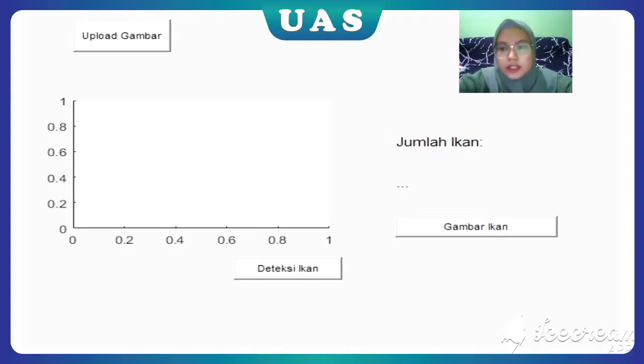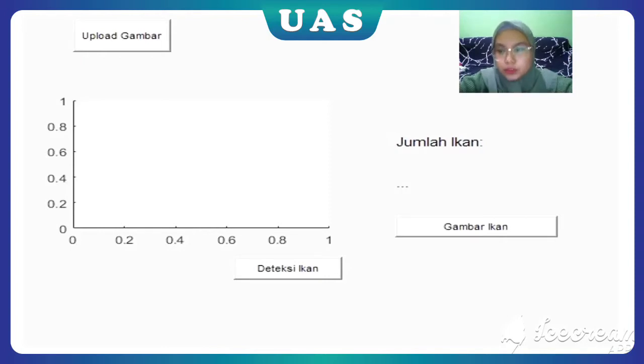This is the initial display of the result of the design that has been made previously. In this display section, there are several buttons such as the upload image button, which functions to input the image, and then axis 1 to display the image, graphic, and other files that we input,